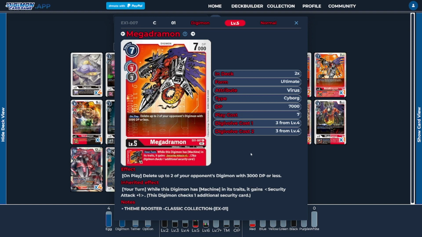Ideally, we're not going to try to do that, but that playline is available to us if we need to. What we're really trying to use the card for is his inheritable ability for our level 6s, just because his inheritable ability is going to be giving our level 6s security attack +1, so that way they could try to be as threatening to the opponent's security as they possibly can, dealing some extra damage, putting more pressure onto the